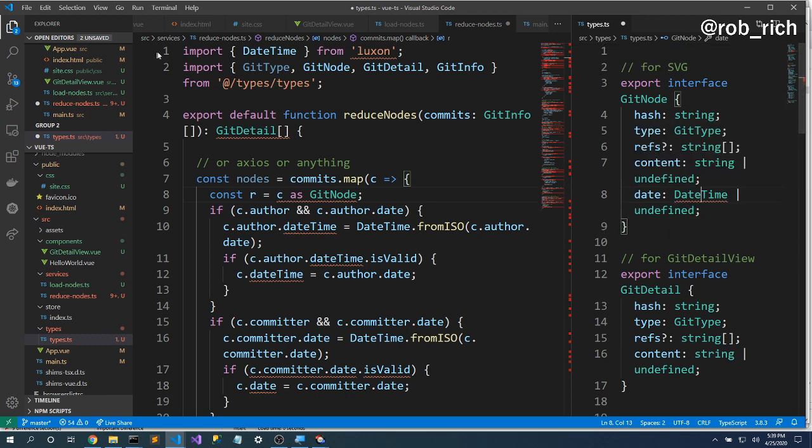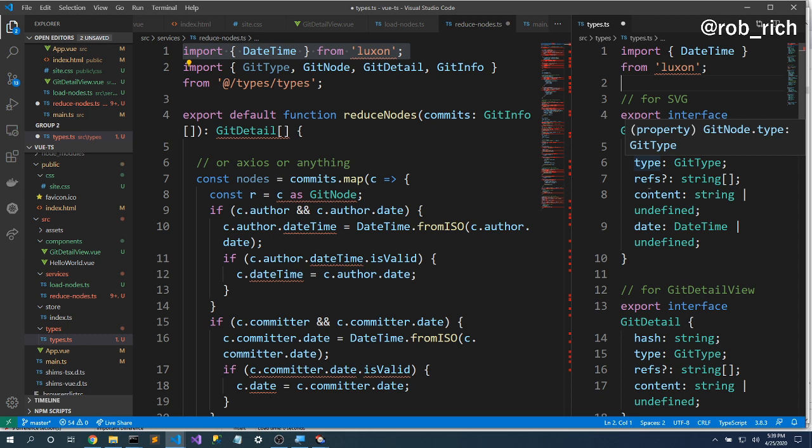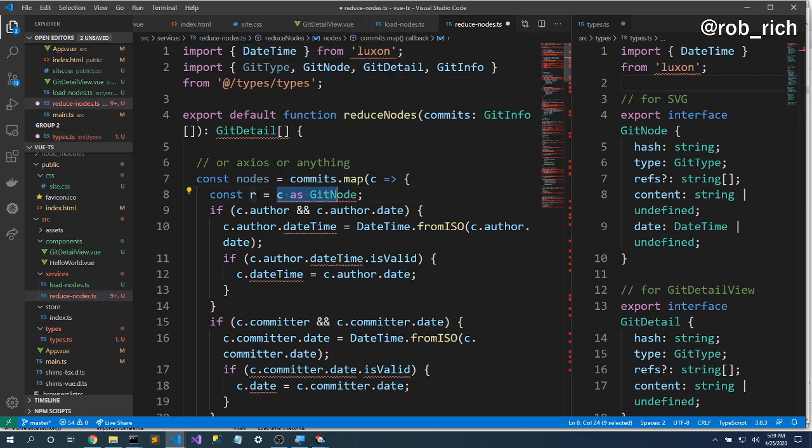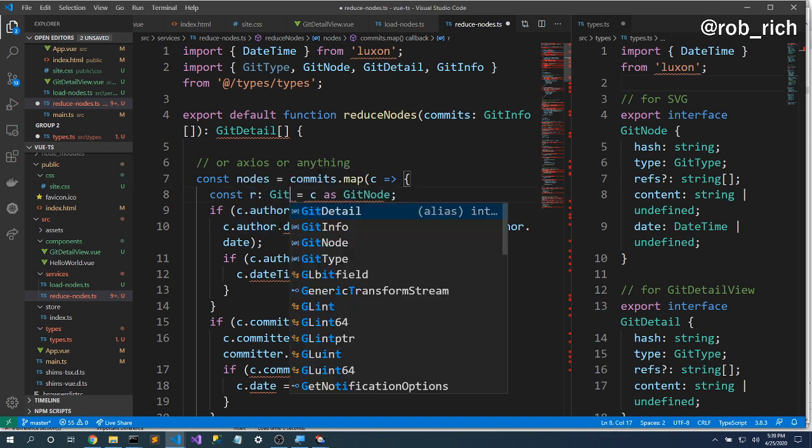Which means I also need to pull in hash type refs content date. Okay, so const R get node